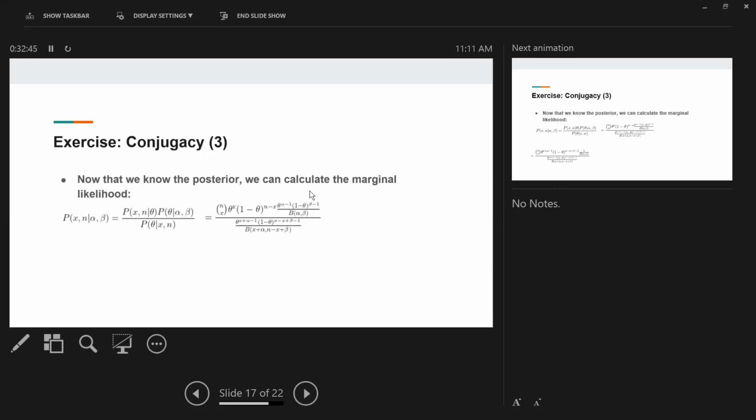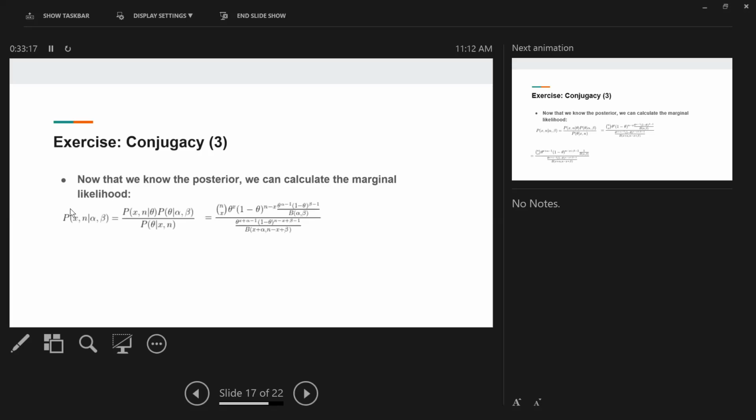Now I changed the location of the posterior and the marginal likelihood. So this is the marginal likelihood, the normalizing constant. This is now the posterior, because normal Bayes rule is this over here and this over there. But we can just multiply both sides with this one and then divide both sides with this one. And we now already know this one, so we can use it to calculate this. So to calculate the marginal likelihood